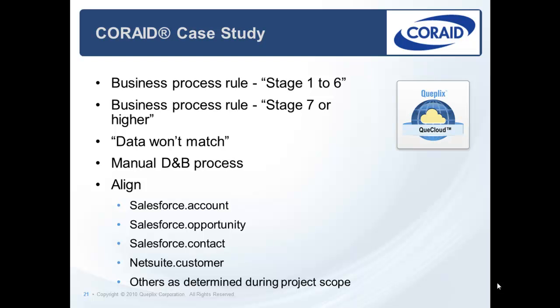They also had a manual process when data was being entered into the ERP system at the time of purchase order entry for accessing and correcting information via Dun & Bradstreet. That was a manual process. So they had to align key elements, they had to get these things done, and they had to have support